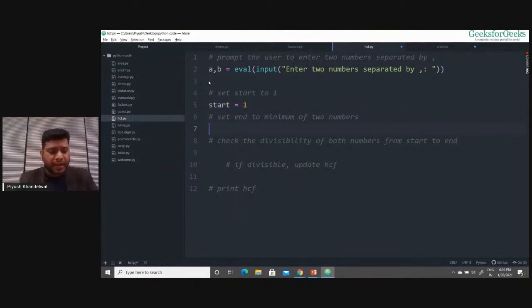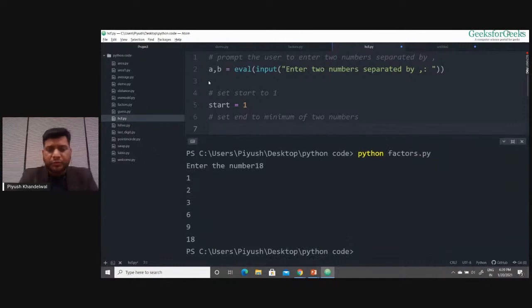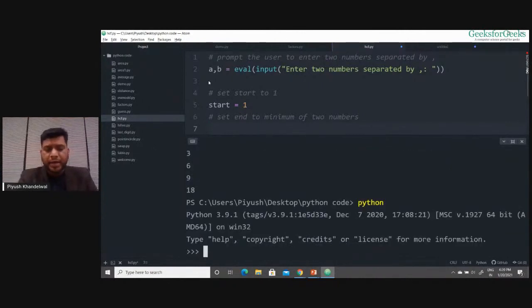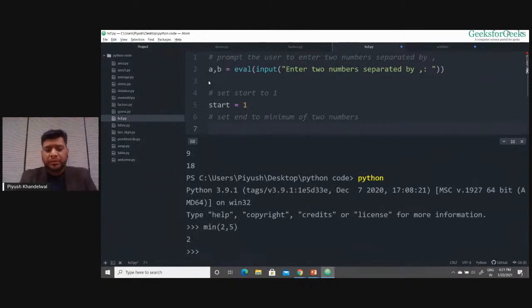Python gives you one function for this. I'll launch the Python shell here. You can see I have one function, min. When I pass two numbers to it, it gives me the minimum of the two numbers.